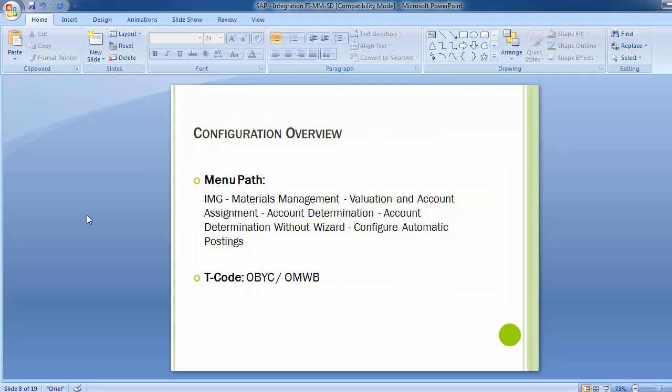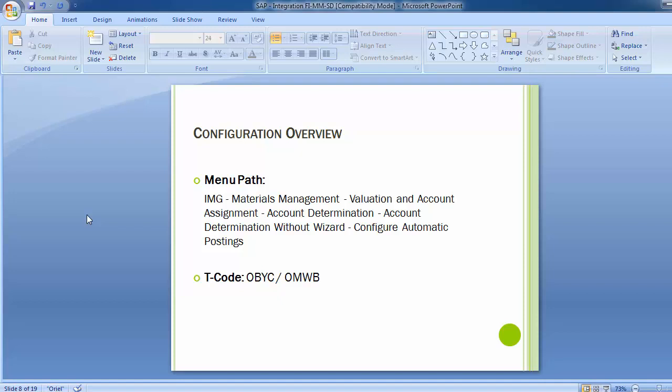So, the configuration overview: there is only one way where all these assignments are done. The path is the transaction code OBYC or OMWB. This is the only configuration path where all the integration between the FI and MM modules is done.